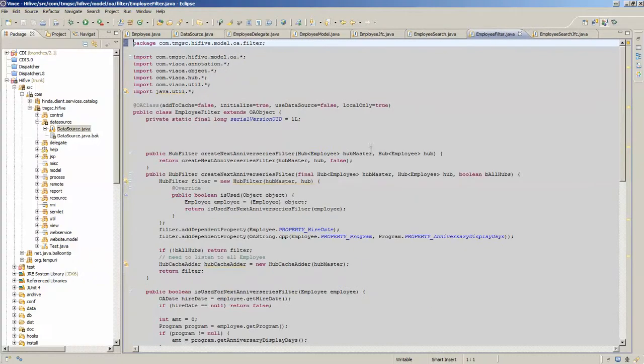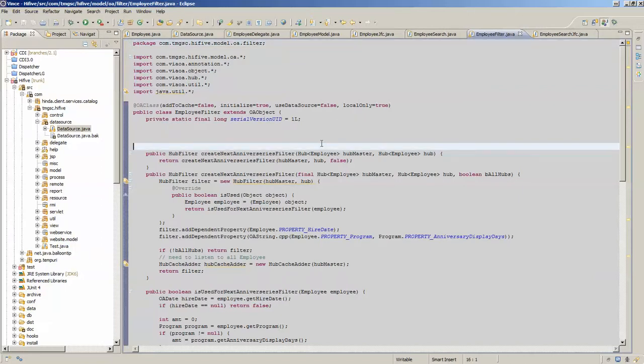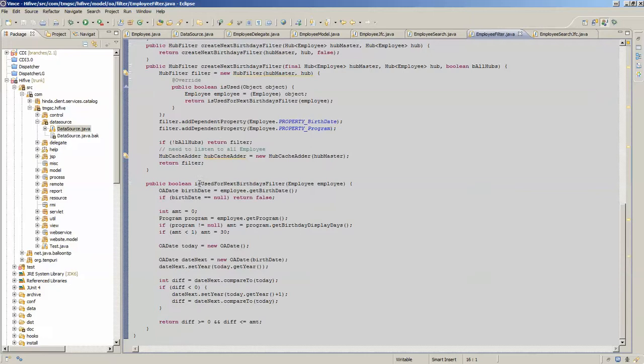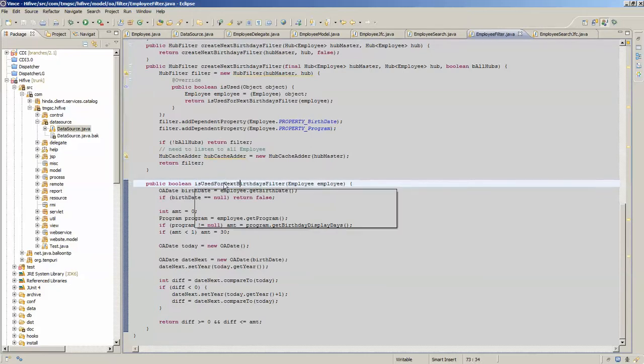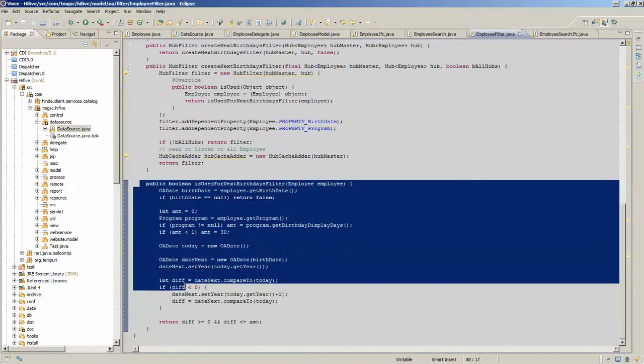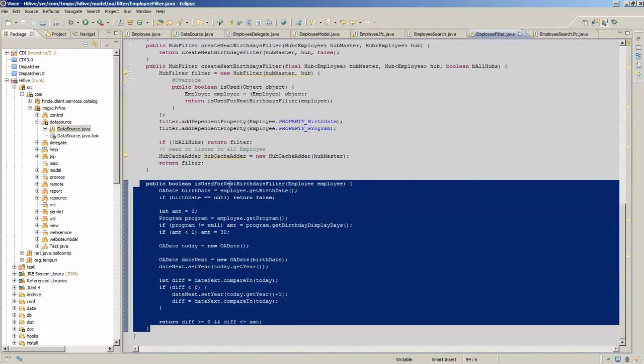The employee filter is similar to an employee search, but it's criteria that we want to be able to search or filter off of. Sometimes those are input values, like if you want to find everybody who has a birthday in the next X amount of days, you would put in how many days you want that to be. It will build out the same type of components, the base object, and a filter object itself. This employee filter has a method that it's going to generate. For employee right now, I think we have two filters. One of them is to get everybody that has a birthday coming up, and I think another one for an anniversary. Basically what this will do is take a list of employees and run them through this